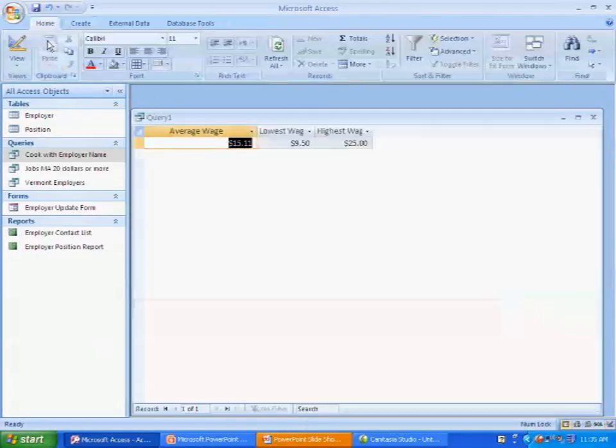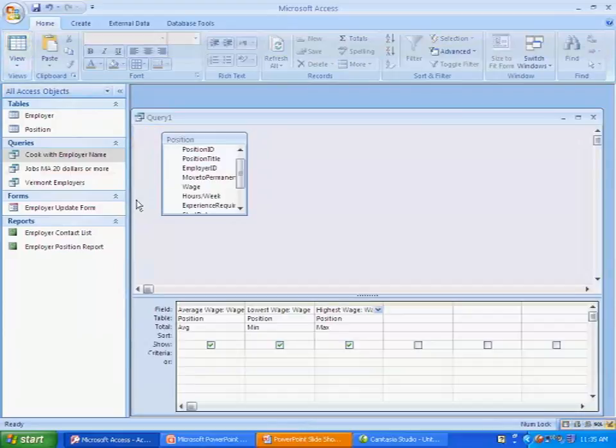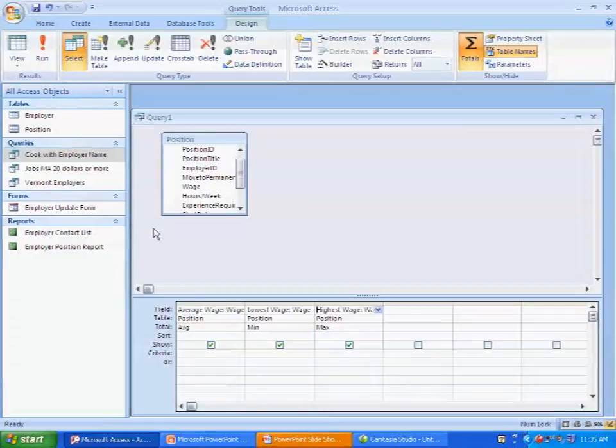When I run the query now, I can adjust my column width, and I see that the lowest paying job pays $9.50 an hour, while the highest paying job pays $25 an hour. So again, all I did was I brought down all 3 fields, and I chose to do a calculation on all of them. If I wanted to go back in and find out,